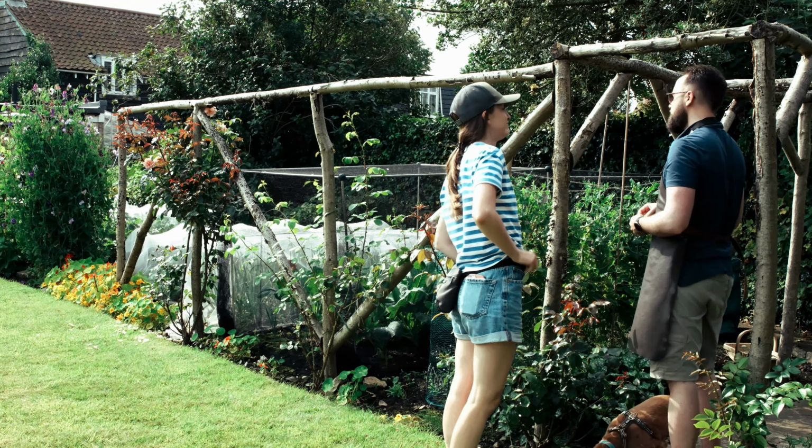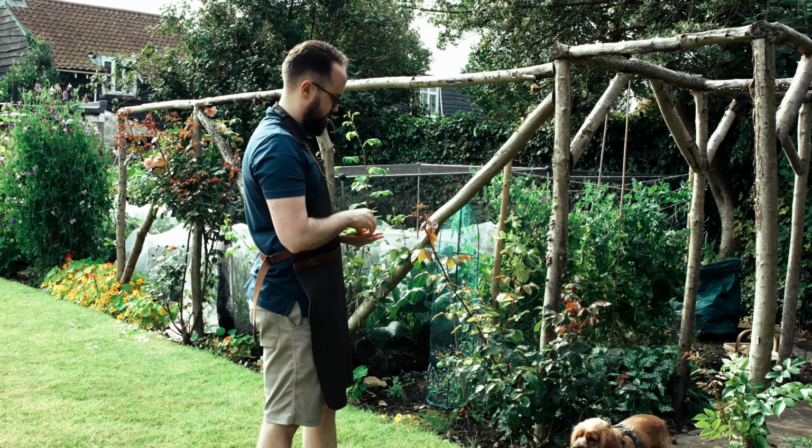My favourite is, of course, the garden peas, which you can see me raiding here along with our dog Mabel, who loves them just as much as I do. They are freaking delicious at this time of year. So I'll pay the tax and then I will get back to roasting and kick off the first roast of